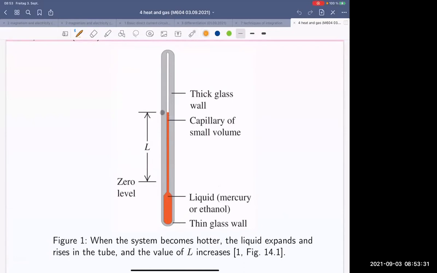So we have a thick area of the glass in this case, because we want the strength to hold the piece of this thermometer, and here we need to have the thin area of the glass because we want to let the heat from anything that we want to measure get into